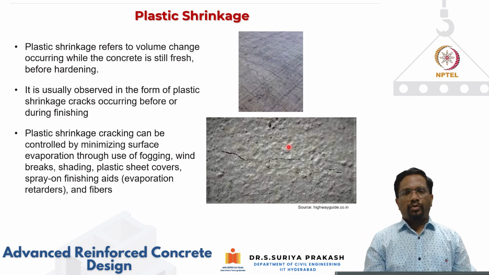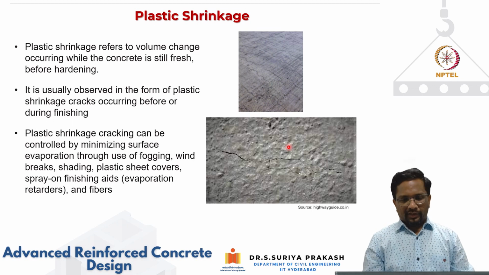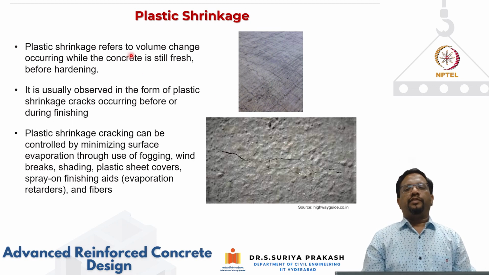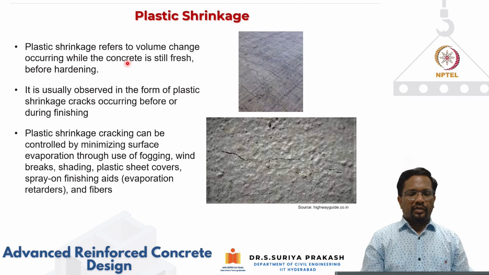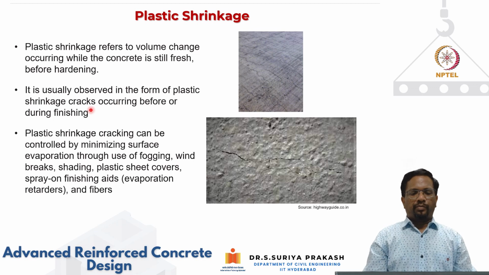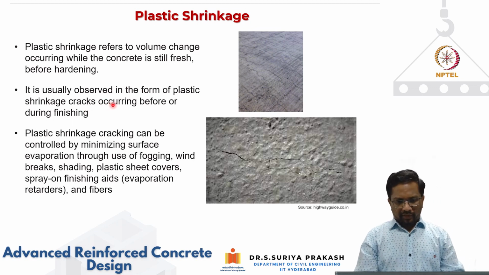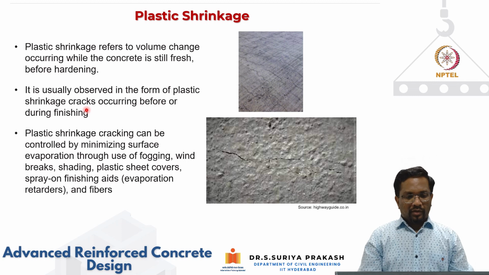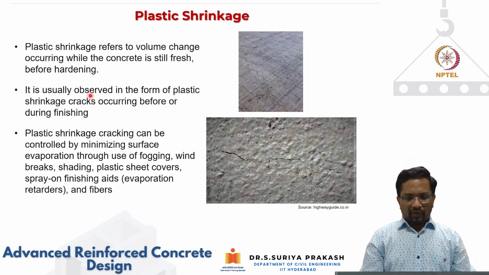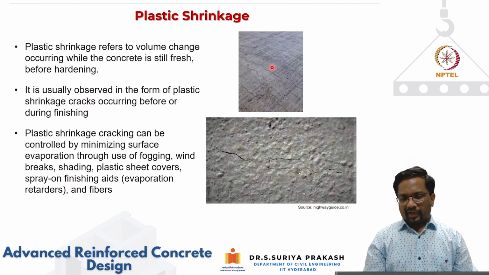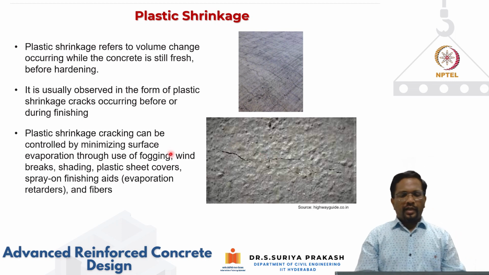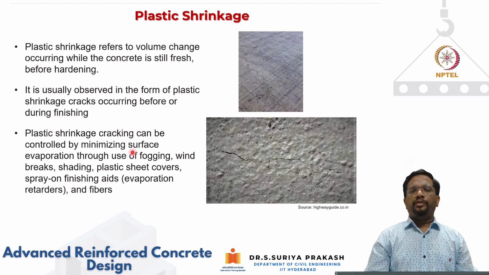There is also one more shrinkage, which is plastic shrinkage. Now, plastic shrinkage refers to volume change occurring when the concrete is still fresh, before it actually hardens. It is usually observed in the form of plastic shrinkage cracks, which occur before or during finishing. So you can see these types of cracks. These are all plastic shrinkage cracks, and they can be controlled by minimizing the